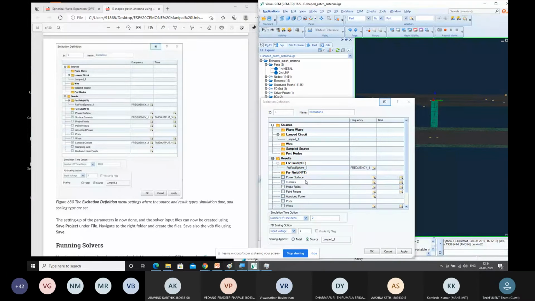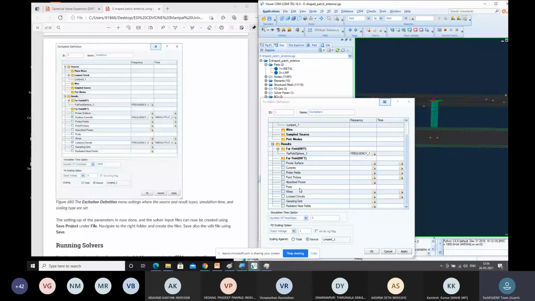Done with this. Next, we have to go for surface currents, or else the currents you can specify. Select your same frequency first, and even for time domain you can go ahead with the first. That is time slices. I want to use it from 0 to 1000 with a 200 step size. So this is for my currents.